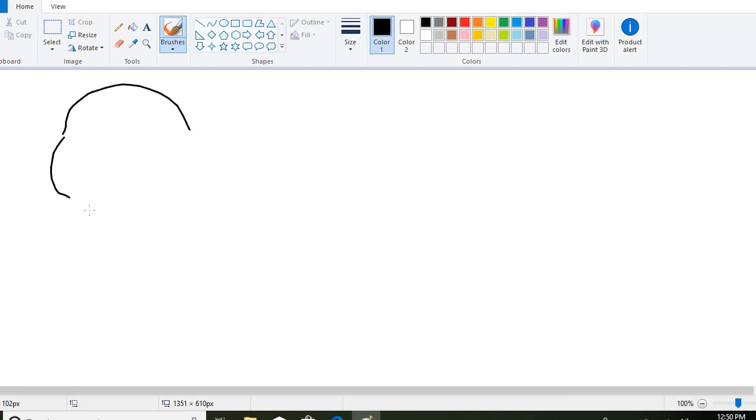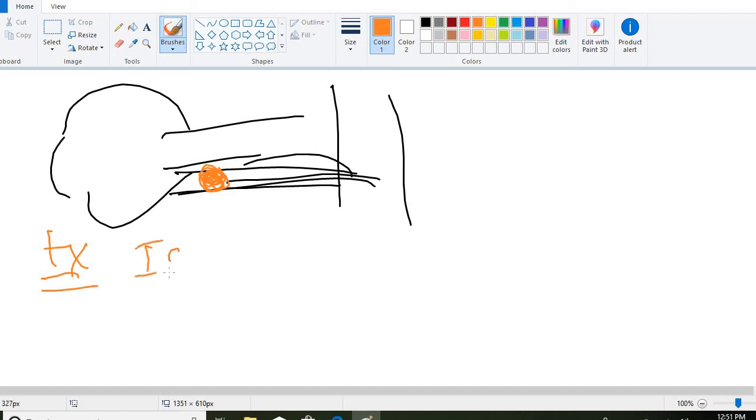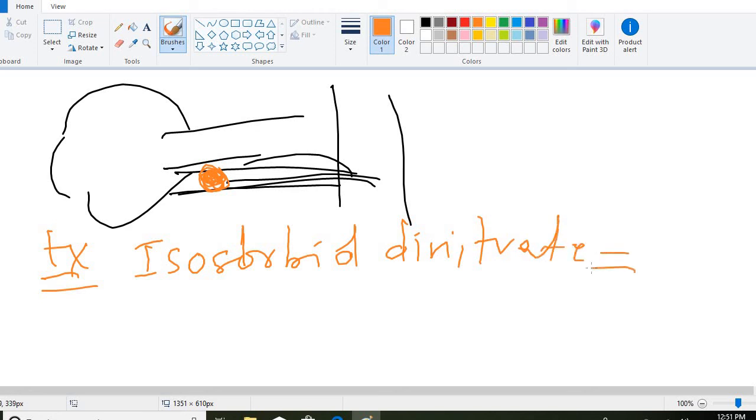Now coming to the normal physiology, the ophthalmic artery gives the branch central retinal artery, which is occluded by an embolus. Now to relieve this embolus, how will we treat this patient? We will give the patient isosorbide dinitrate to cause vasodilation to dislodge the embolus. Another treatment is ocular massage.